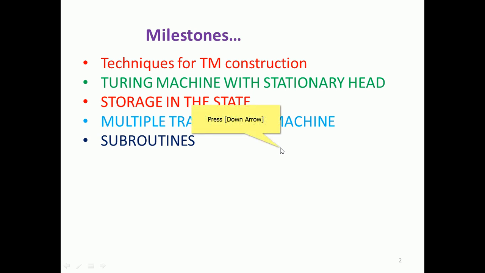Then there are also subroutines. We can build a subroutine for a particular task we want to perform repeatedly. In that case, the set of instructions is kept in a small program, and that program we can call in the main program. Similar concepts we can borrow here. That is a concept we can achieve with the help of the subroutine. The subroutine concept is going to be discussed in the